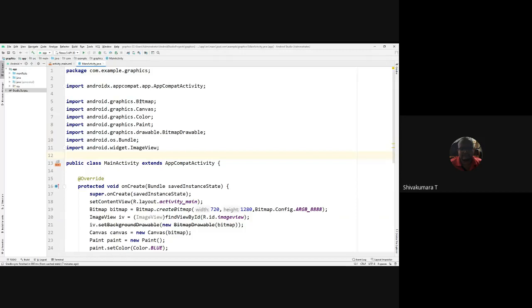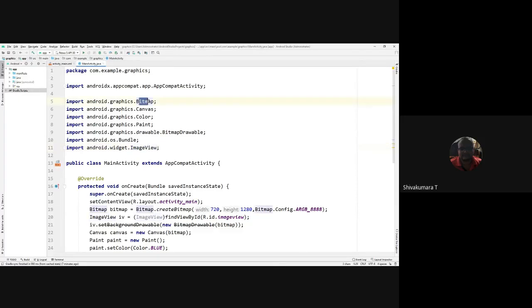The bitmap is required, canvas is required, color is required, paint is required, and one more, bitmap drawable, is required. This bundle by default comes along with the activity, and one more widget is image view, since you are binding it with the GUI activity.